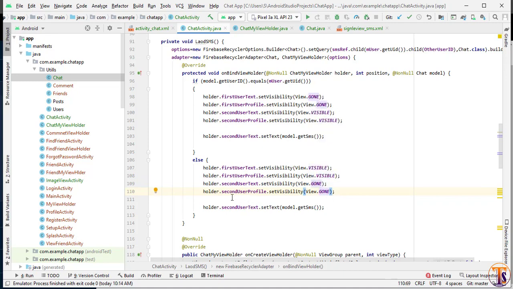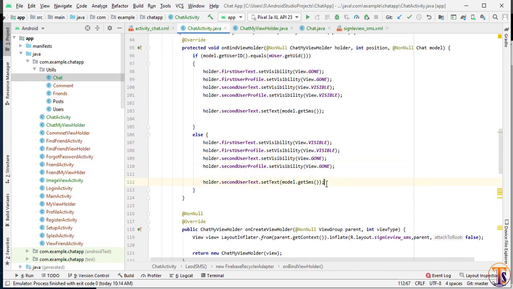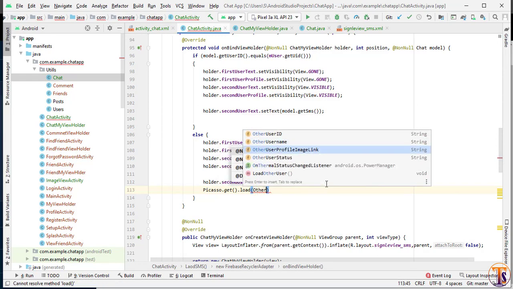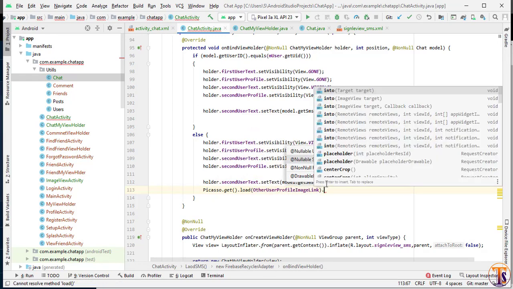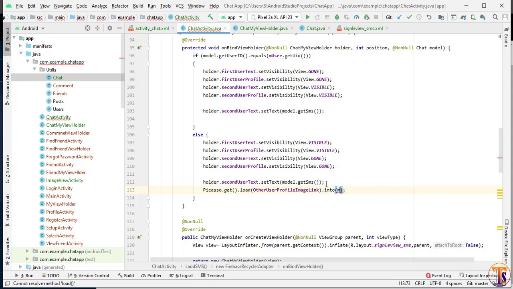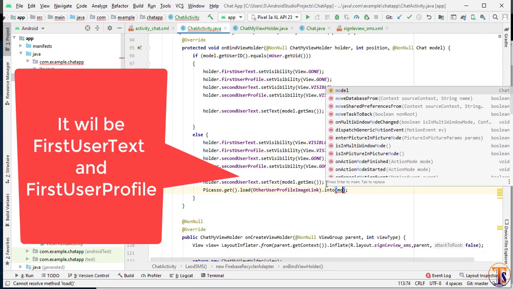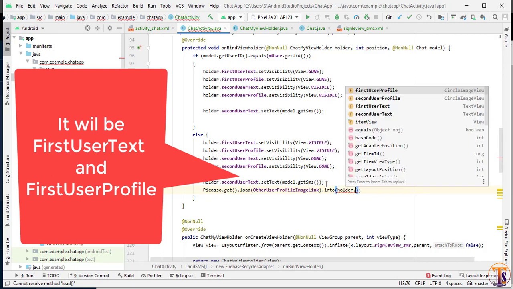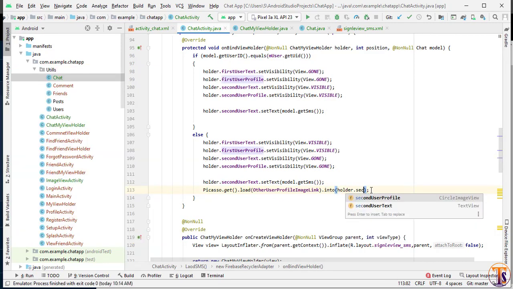Okay, now we have to use Picasso. So here I will use Picasso.get().load, and here we will use the other profile image link.into, and here we will use the model class, not model, it's holder.secondUserProfile, okay.